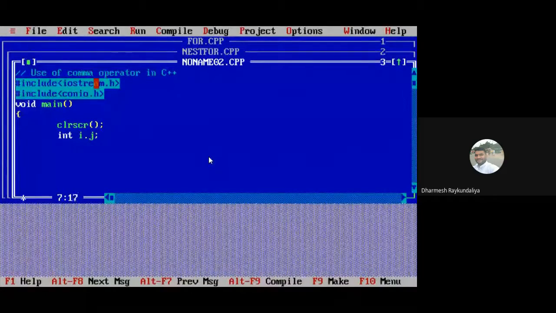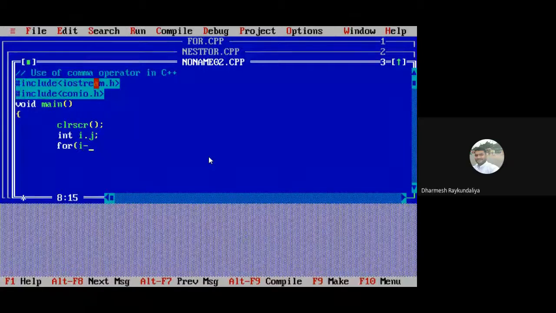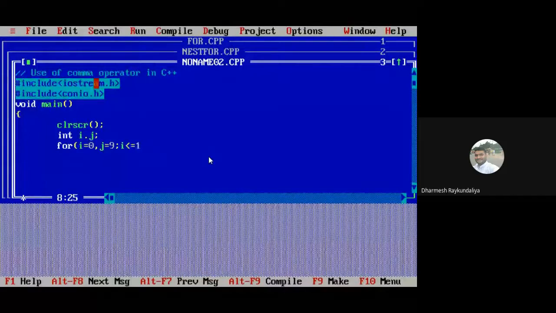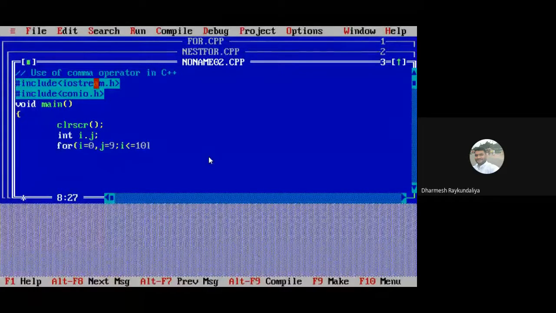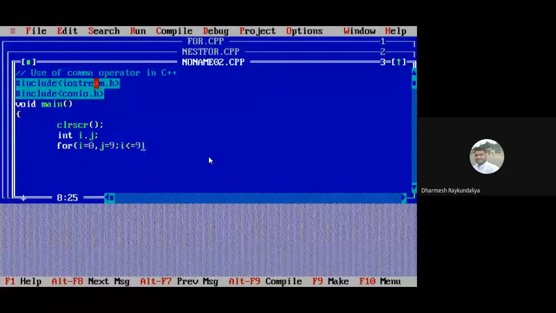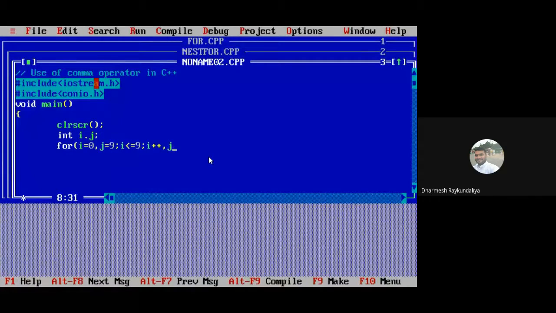I, j. I equal to 0, j equal to 9, I less than or equal to 10. We have taken j equal to 9. I plus plus, j minus minus.